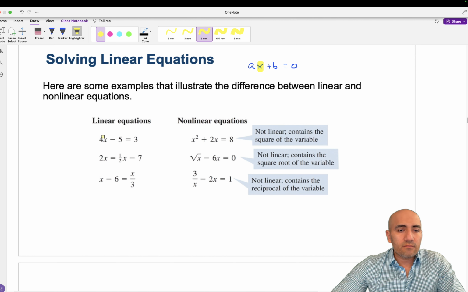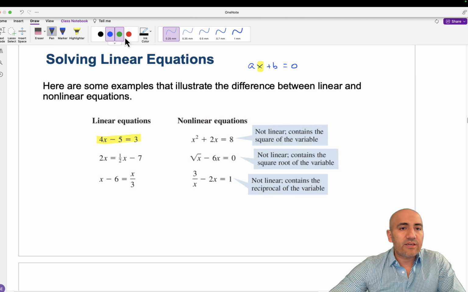So for the first one, very close, right? All we have to do to make sure that it fits this form is subtract 3. So if we subtract 3 from this side, subtract 3 from that side, we'll end up with a 0 on the right-hand side. And so we'll end up with 4x minus 8 equals 0, and that of course fits this form, right? ax plus b. So definitely the equation of a line, right? The second one